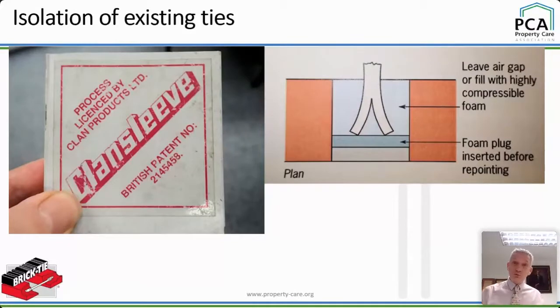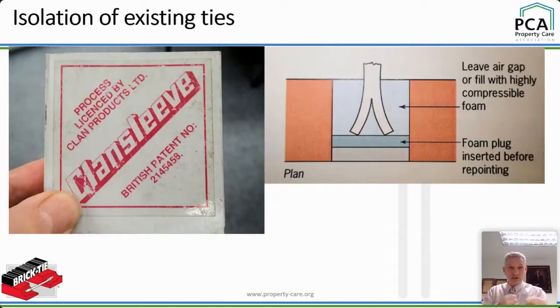If we leave the old rusty ones in, we're going to get more cracking, it's going to carry on and carry on. That chemical reaction never stops, does it, until there's no metal left. So back in the day, on the left, we used clamp sleeves. We used to pop them over the end of the tie. As time went on, people started using other methods. With clamp sleeves, you chase the bed joint out, you put the sleeve over the tie, you repoint, and the metal at the end can expand into the little expansion pocket you've created when you've isolated it.